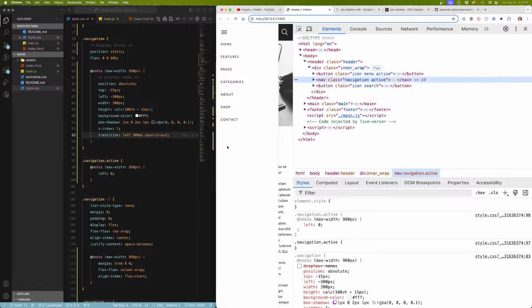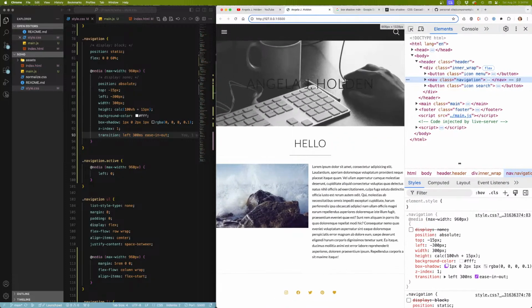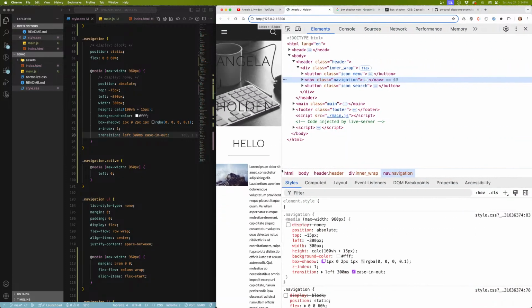So we'll see if that works. There. Love that. So now I don't think we need to worry about display none or display block, because we're using our positioning and we're hiding it off screen. So we have our active classes removed. We should be able to go back and forth